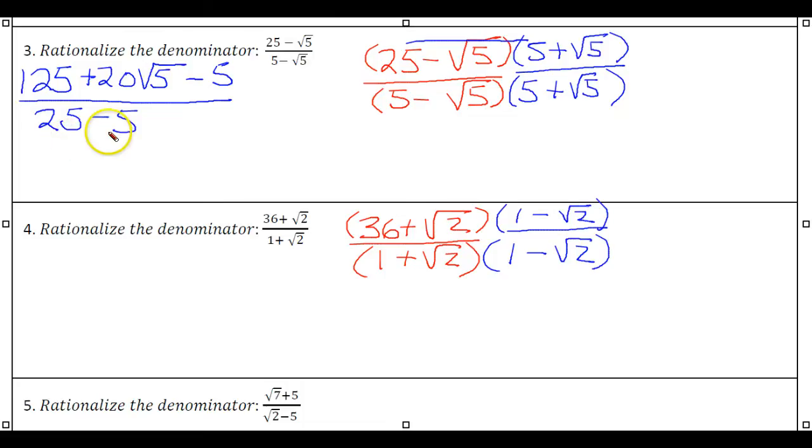Now my denominator, as I FOIL this, I get a 25 minus 5, which is going to be a 20. And I'll just save a little room, and then I have a 125 and a negative 5. This is going to give me there, subtract 5 from 125 gives me a